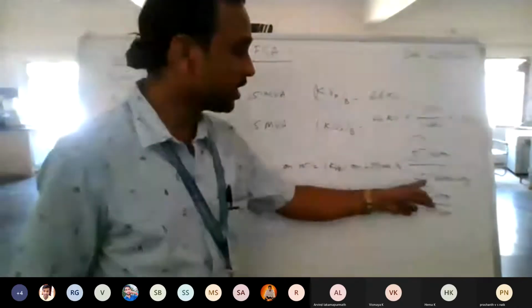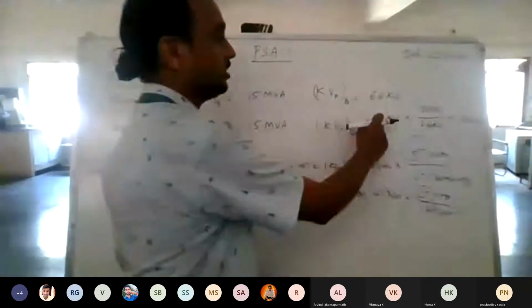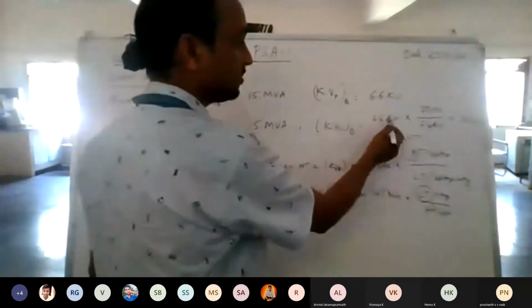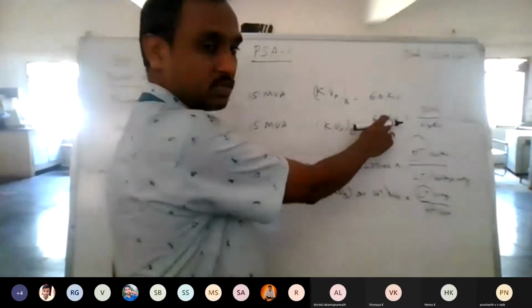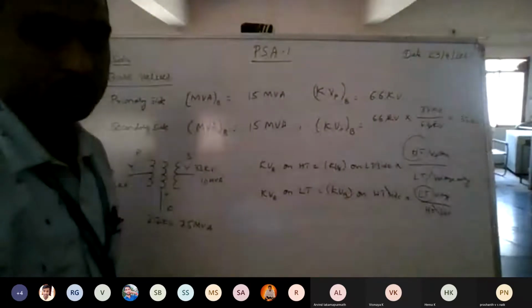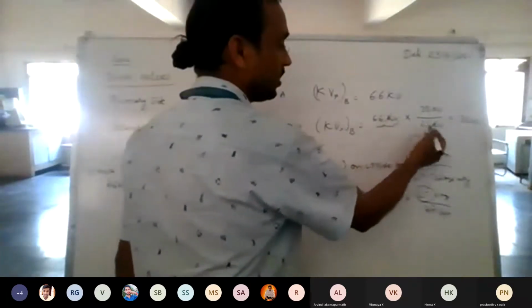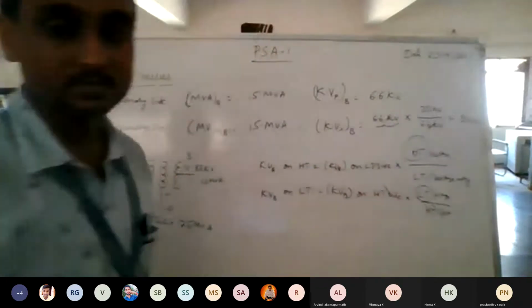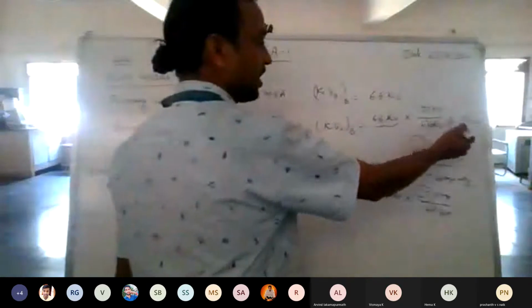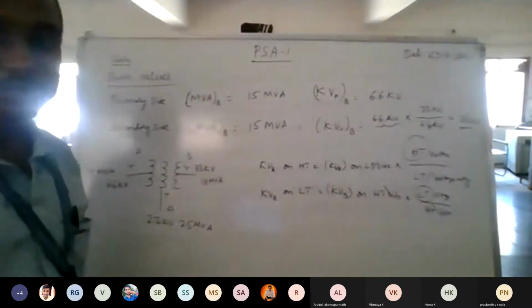Sometimes these two are equal, 6.6 and 6.6, and sometimes they may not be equal. Sometimes the base voltage is different, so you need to take the base voltage. Then these two do not get cancelled. So this may be equal to this one or may not be. When the base voltage is different, at that time you need to calculate how much value you will get. You have to put it in.